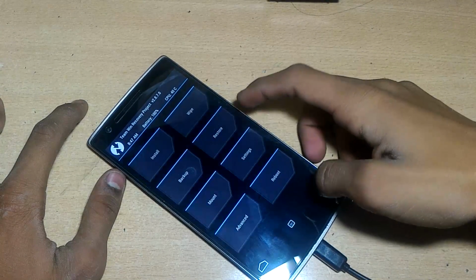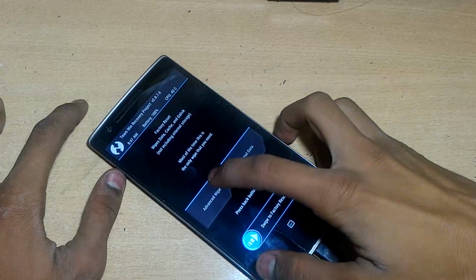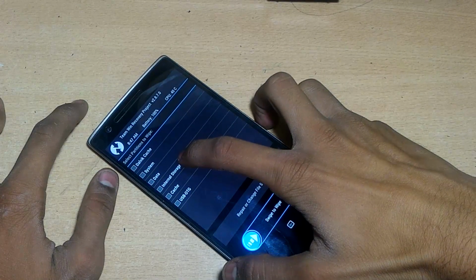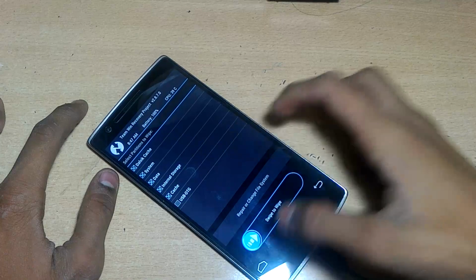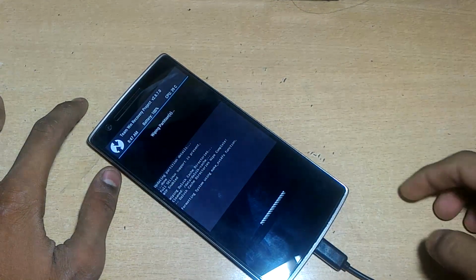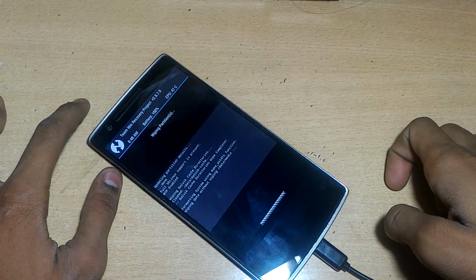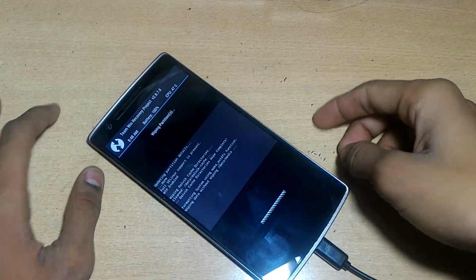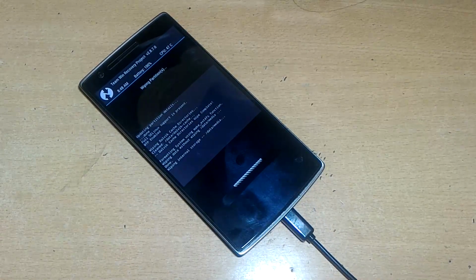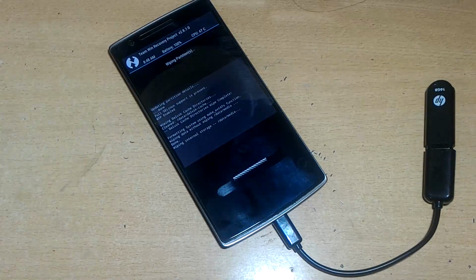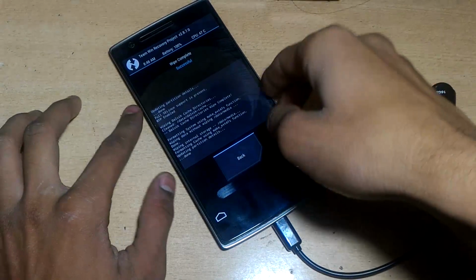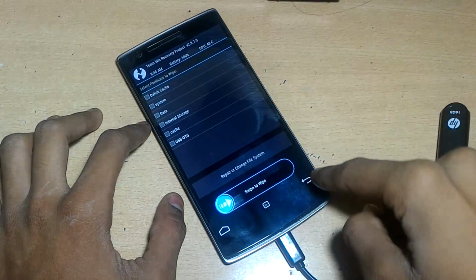If anything goes wrong, you can restore the backup later, and you can make the backup in internal storage or USB OTG. After that go to wipe, advanced wipe, and select internal storage if you want to format, otherwise don't select it. Select all the things except USB OTG: cache, system, data, Dalvik cache, and wait a few minutes. It will format your full device, so you have to make a backup of all the things, contacts, photos, etc., if you don't want to remove them.